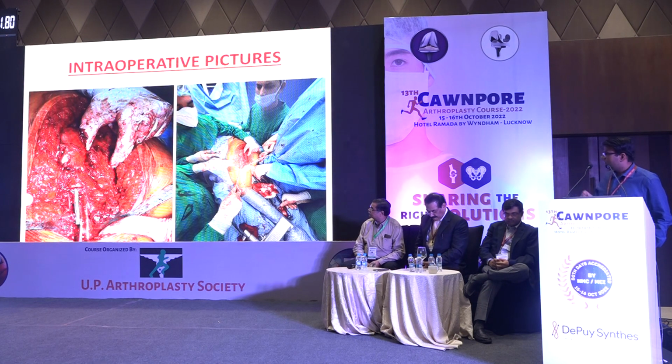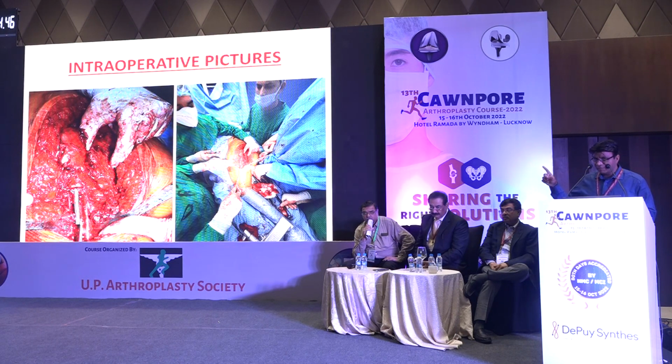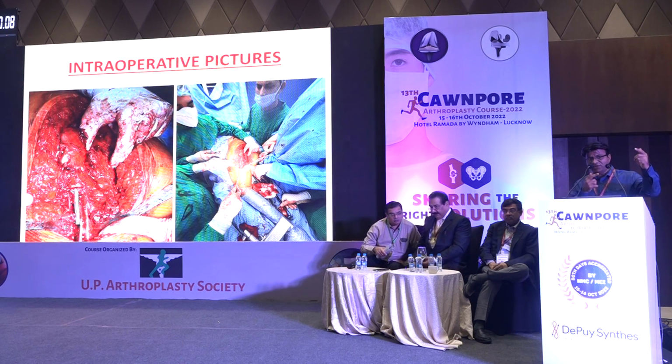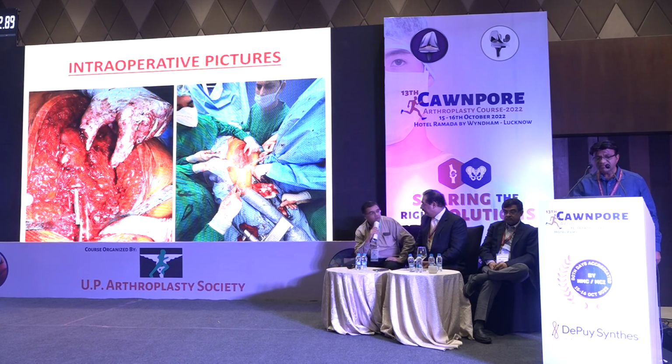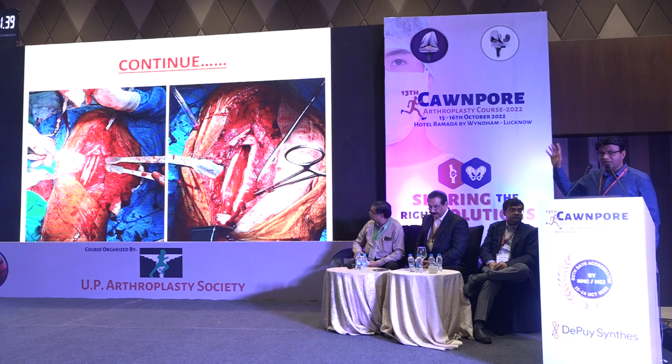So in this case, because of severe osteoporosis, I avoided ETO. I made a window starting from the distal part of the broken implant and extending 3 centimeters below the distal part of the broken implant. With that rectangular window, I was quite comfortable. I was able to remove the broken implant with cement comfortably. In this case, I didn't do extended trochanteric osteotomy. This is how I made the window. Because of the osteoporotic condition, I avoided ETO in this case.